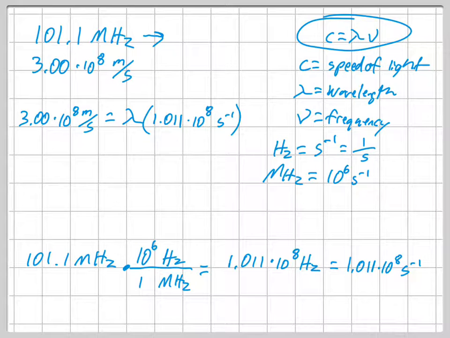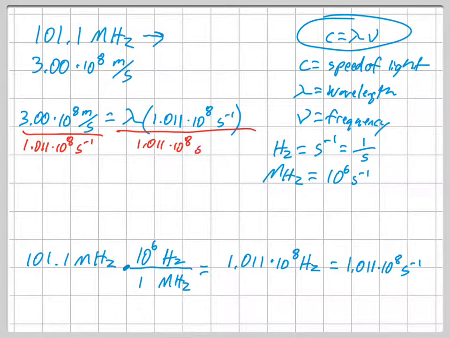And so we have to divide each side by that value for the frequency, 1.011 times 10 to the 8th seconds to the -1. And this is just for the algebra. And then when we divide that out, we should get about